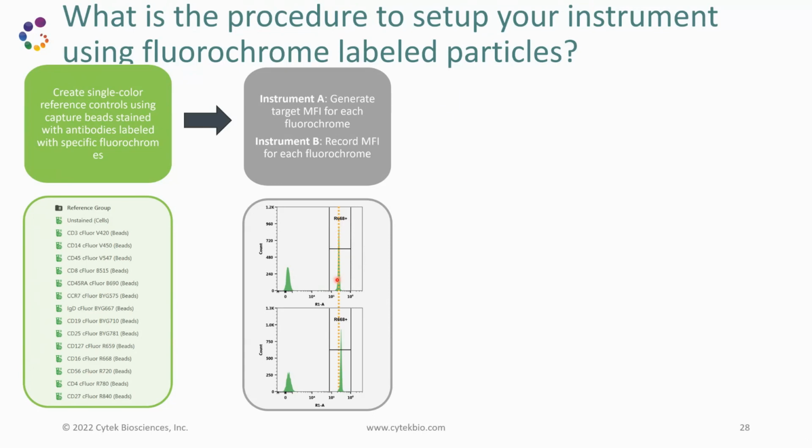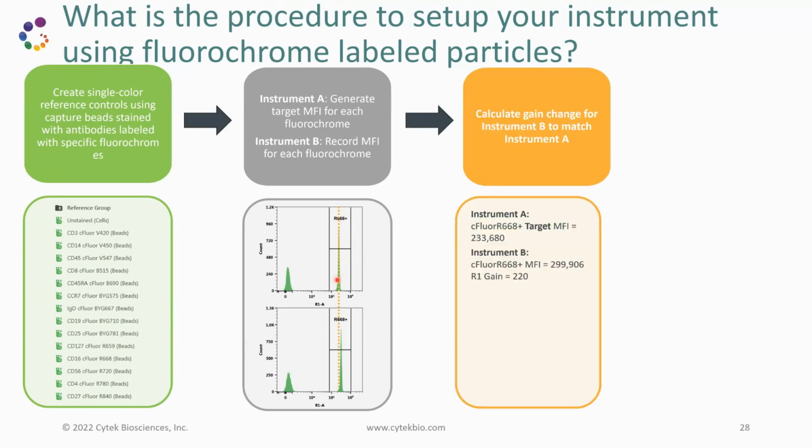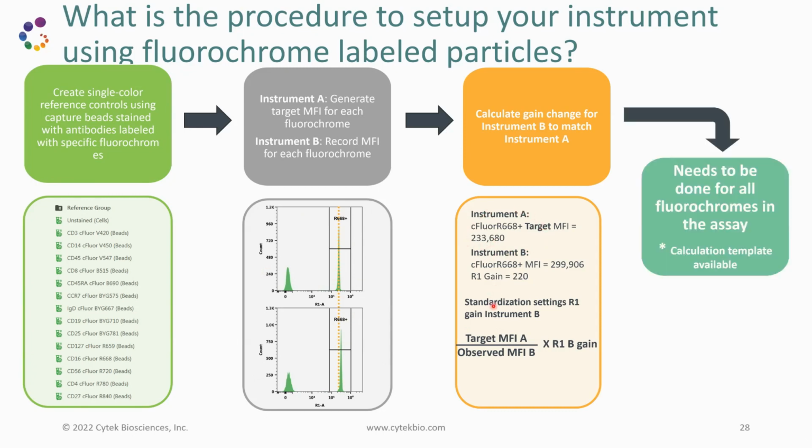So then, taking advantage of the beauty of our system, that there is a linear relationship between MFI and gain: if I know the MFI of these particles in instrument A and in instrument B, and I know the gain, then I'm able to do a simple mathematical calculation to calculate the gain that I need on instrument B to get those same particles to the target established in instrument A. This looks very simple, and is simple from the mathematical perspective, but it's time consuming